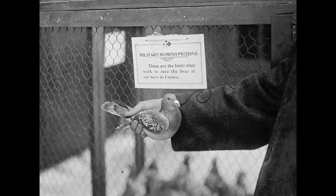These homing pigeons are doing much to save the lives of our boys in France. They act as efficient messengers and dispatch bearers, not only from division to division and from the trenches to the rear, but also are used by our aviators to report back the results of their observation. Where cavalry regiments were maintained on the Western Front,